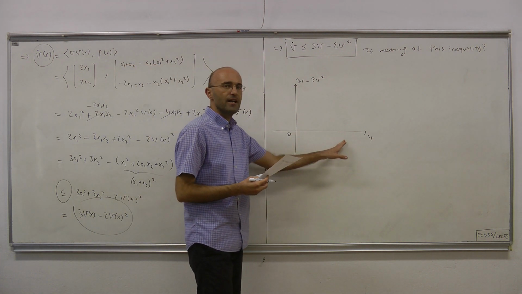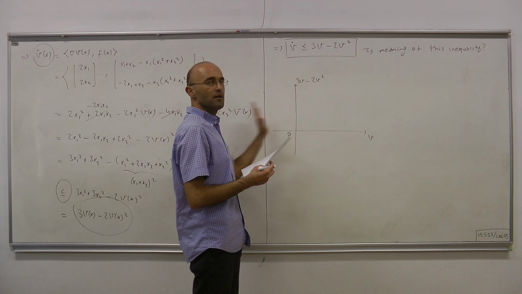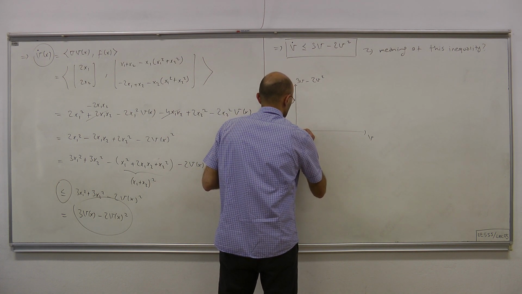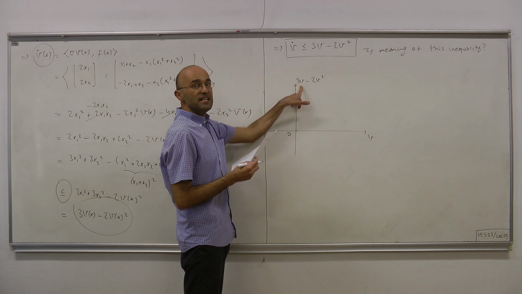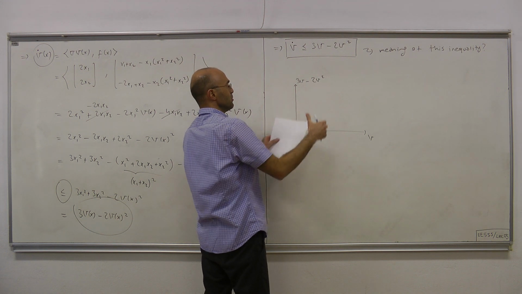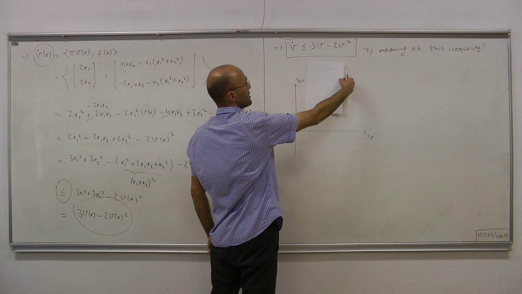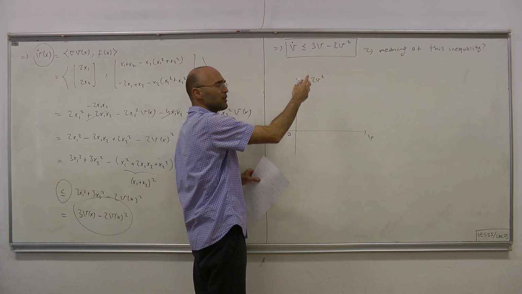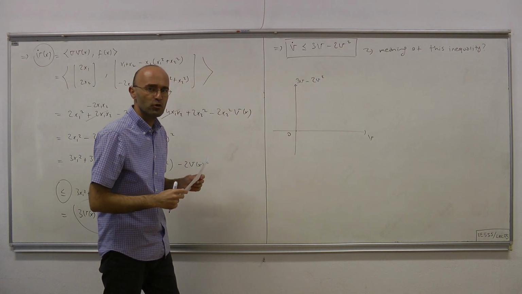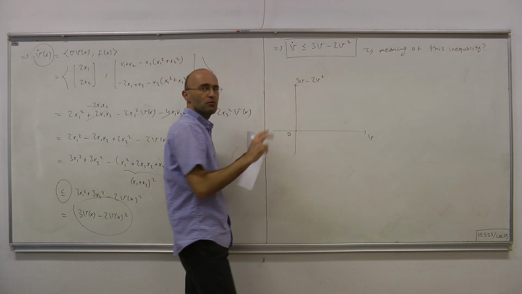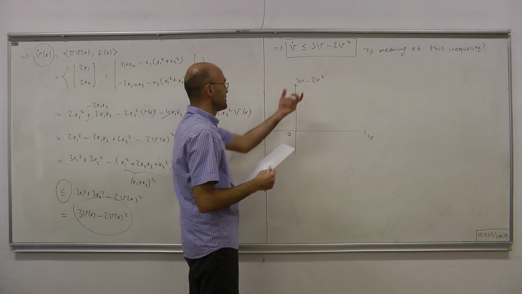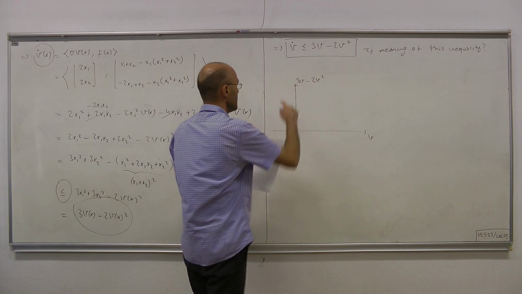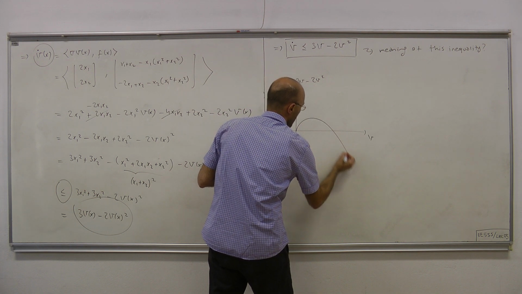Now v can never be negative, therefore we're not interested in this part of the plane. So for v small, this will be negligible, and this thing will be more or less equal to 3v. Okay. And then as v increases, this term starts dominating, and then at some point they balance more or less the magnitudes of each other, and then after a while this will dominate the whole thing, and everything will be negative. And the overall curve looks like this.